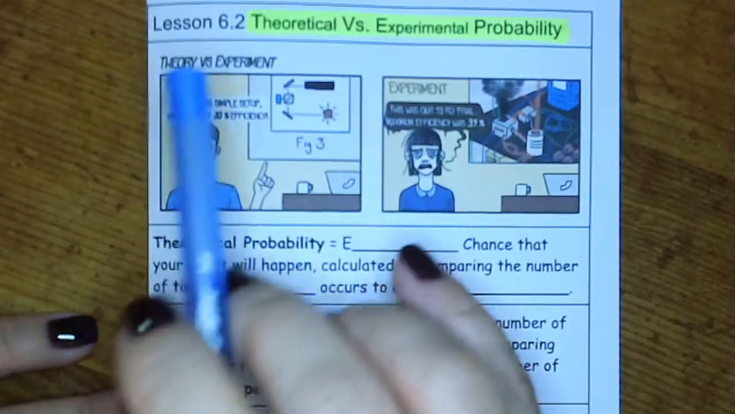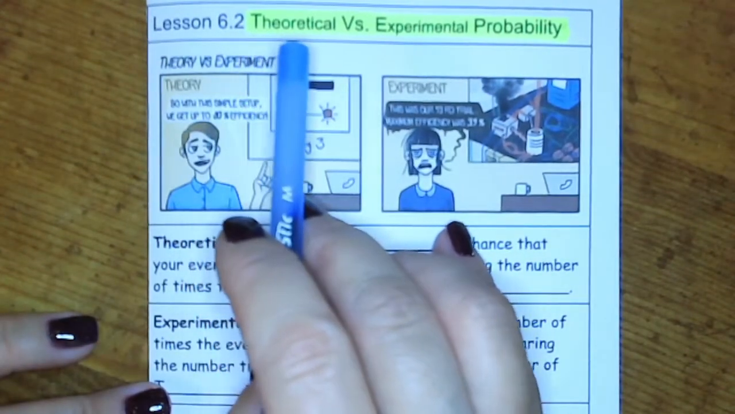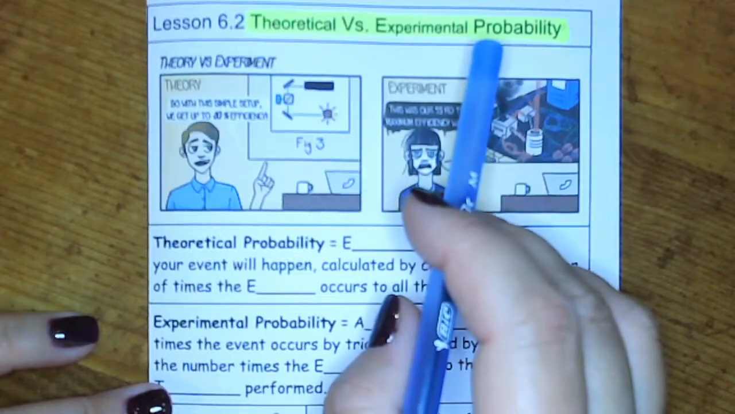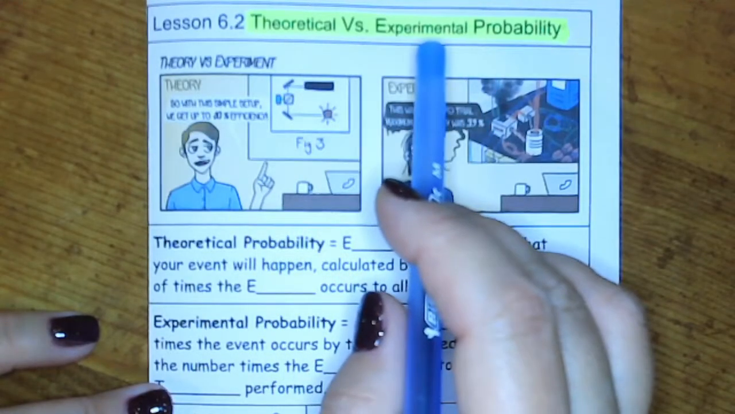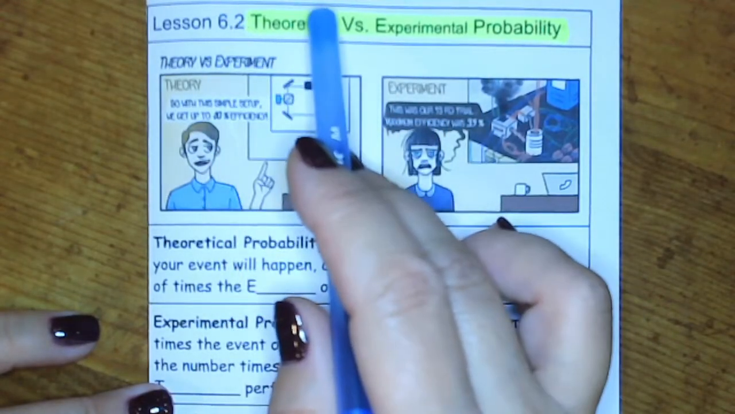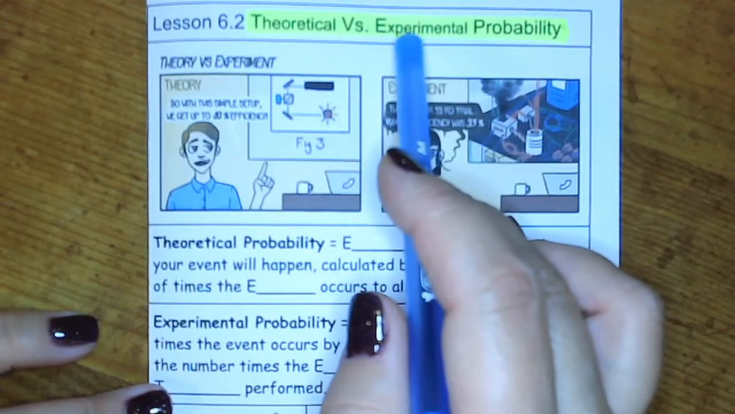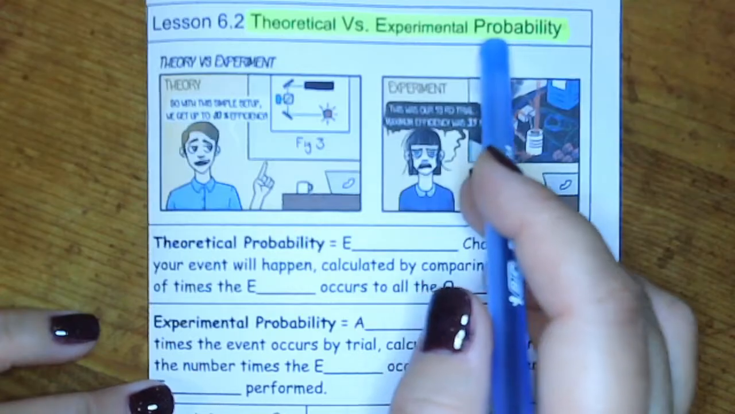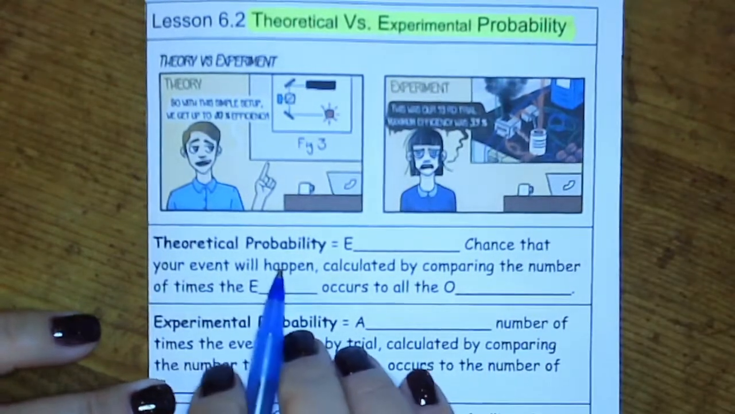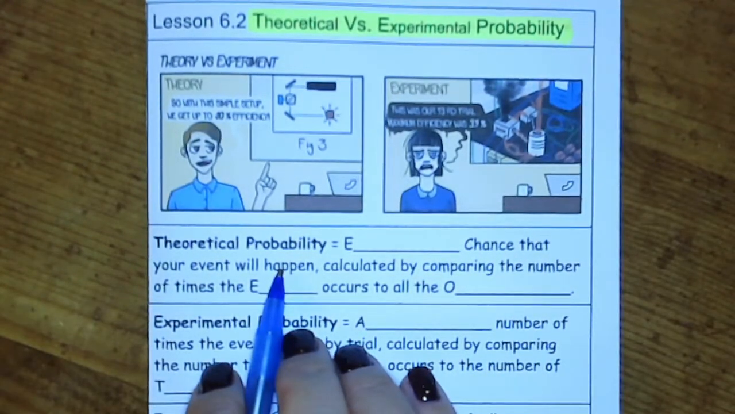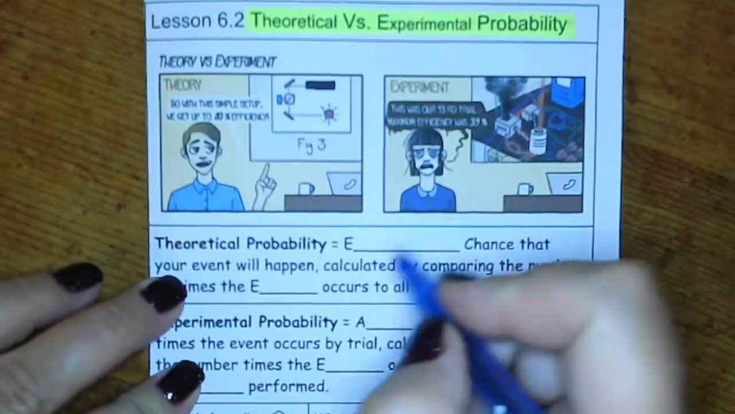In this video, we'll be talking about theoretical versus experimental probability. Those two are different things. In theory, what can happen versus in experiment, by doing it, what can happen. So theoretical probability is the expected chance